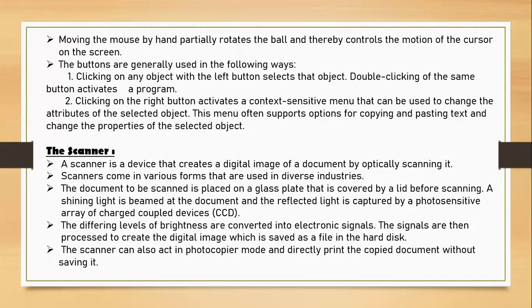Okay, the document. Probably you have used a scanner sometimes, and the printer also comes along with a scanner, or a scanner can also be a separate device. The document to be scanned is normally placed on a glass plate that is covered by a lid. Before scanning, a shining light is beamed at the document, and the reflected light is captured by a photosensitive array